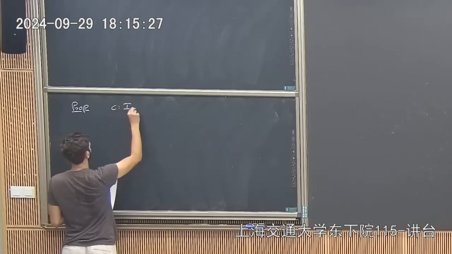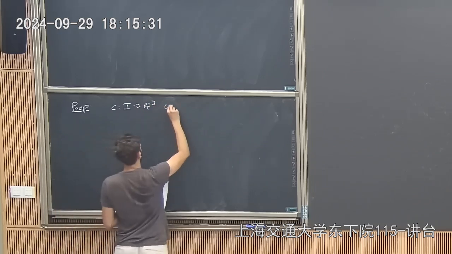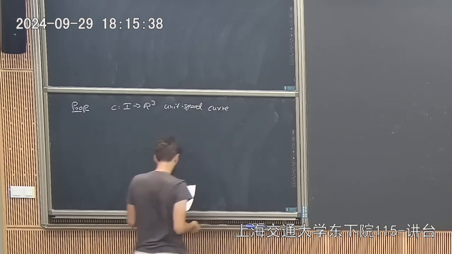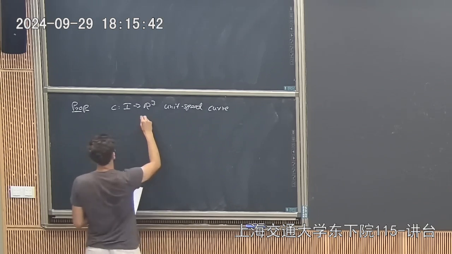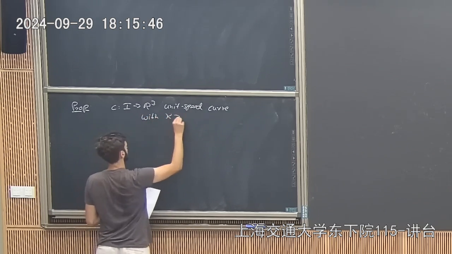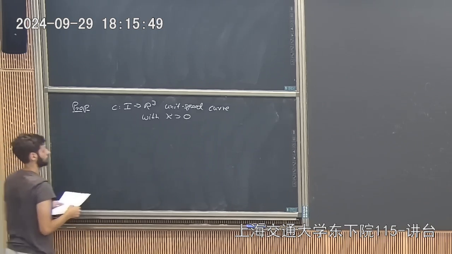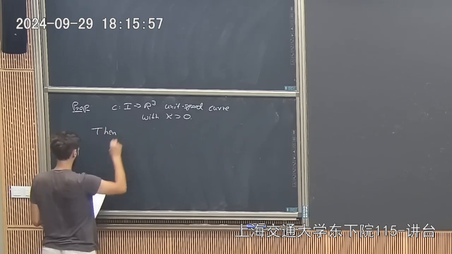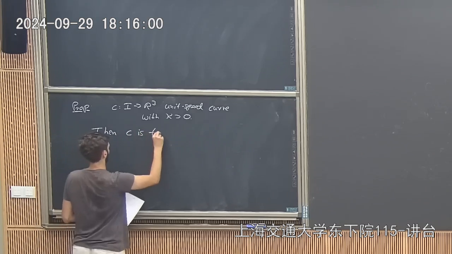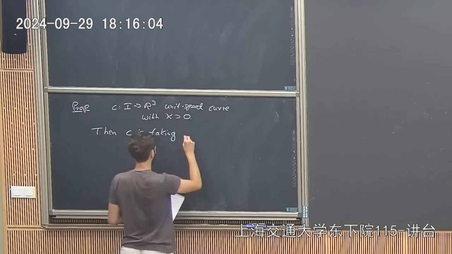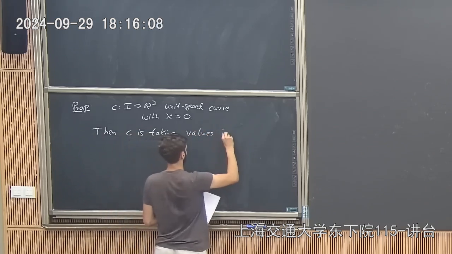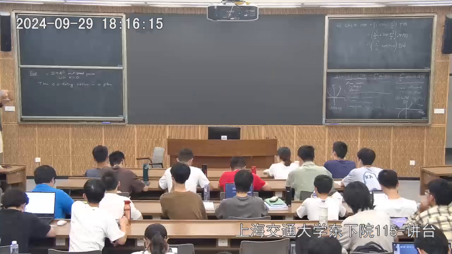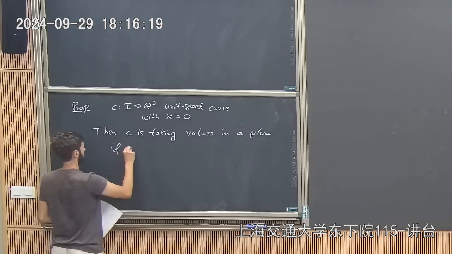We start with a unit speed curve, as we have seen so often, and assume that it has curvature always strictly bigger than 0. And then we have the following result. Then C is taking values in a plane, so essentially there's a certain plane, and in that plane the curve is moving, if and only if